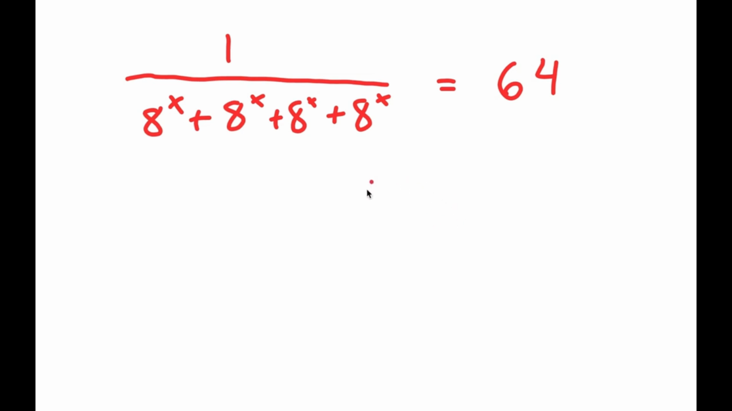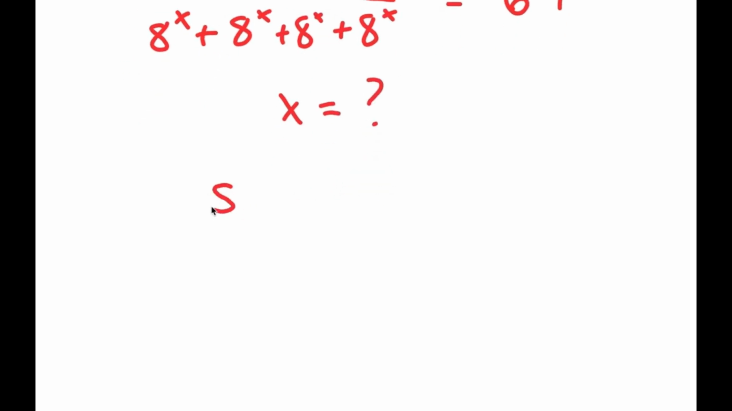Alright, so in this problem, I have 1 over a to the power of x plus a to the power of x plus a to the power of x plus a to the power of x is equal to 64. So I obviously want to find the value of x here. So for my solution,